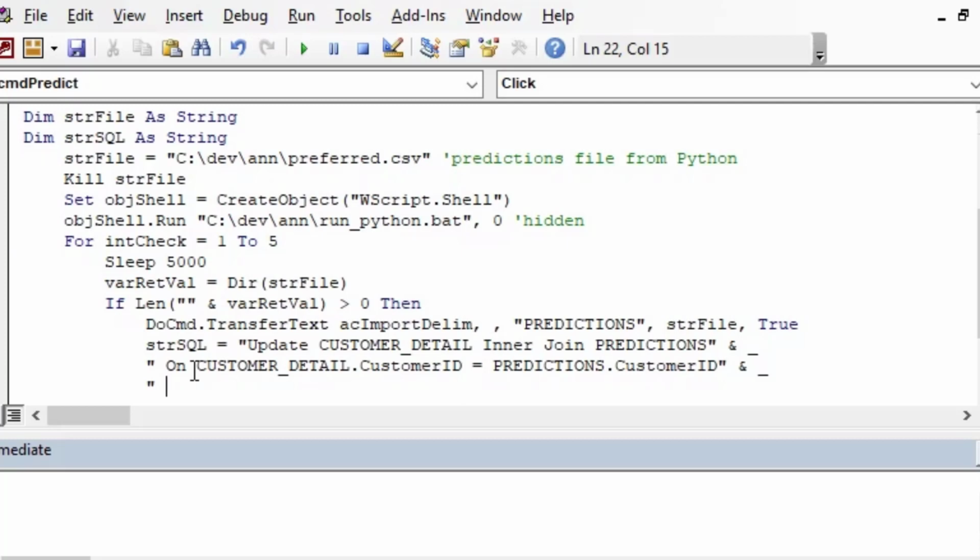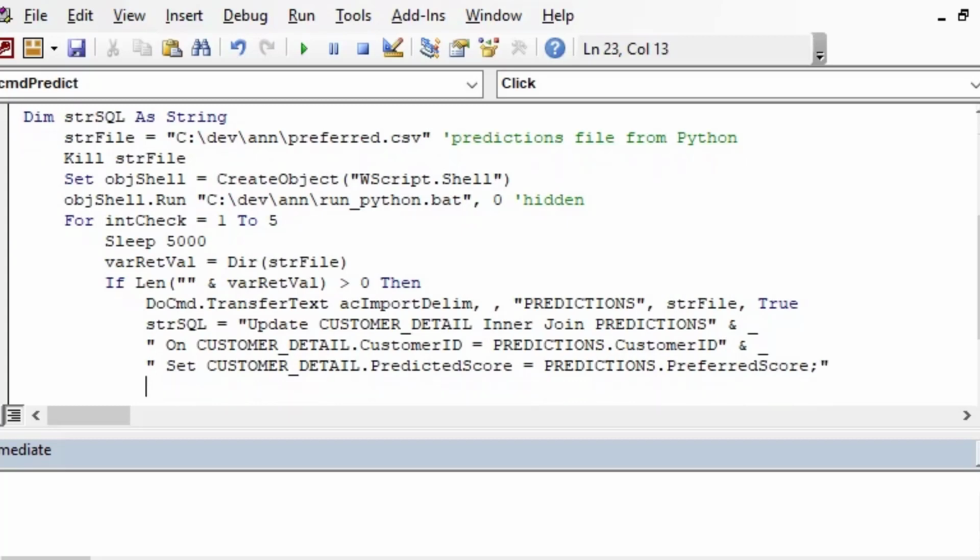to put those predictions into our system so that our users can see what the machine learning prediction is, and therefore make better decisions on whatever process it is that they are using this for. In this case, it's our preferred customer program. And so we'll set that customerdetail.predictedscore equal to predictions.preferredscore,